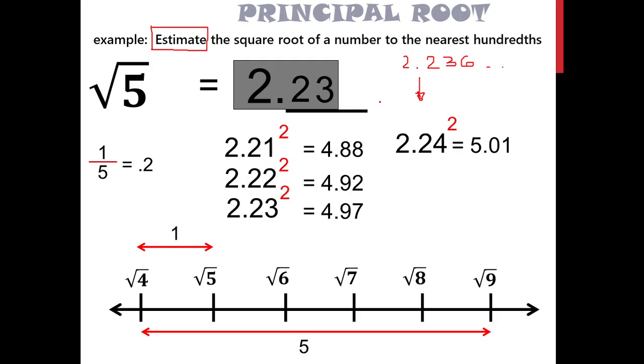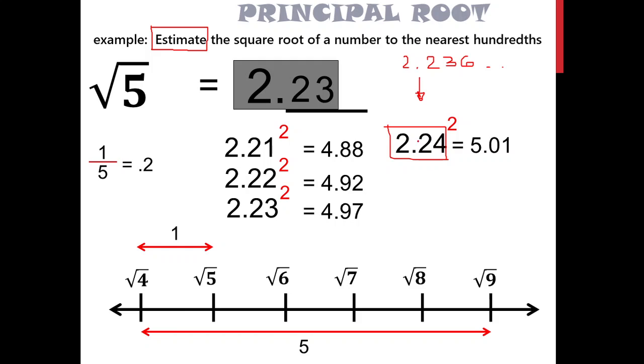if you're, say for example, in a quiz or an exam, and it's a multiple choice, then obviously either of these numbers will appear. But the best answer here would be this one. This is the best answer. But based on the method that I use, since when I square 2.24, it exceeds 5 here, then I will go here, 2.23. 2.23 and 2.24 basically would be the correct answer, while 2.24 will be the best answer.